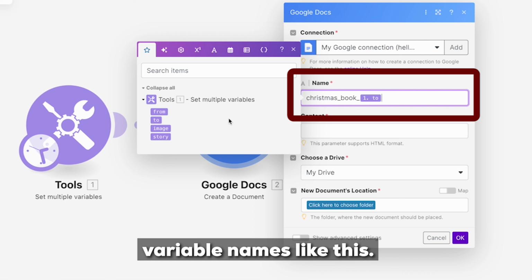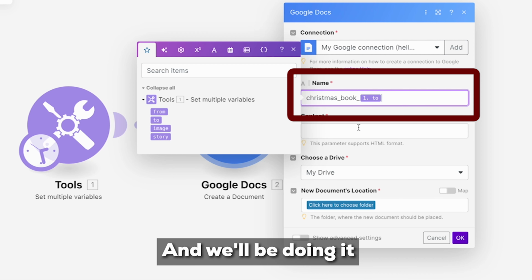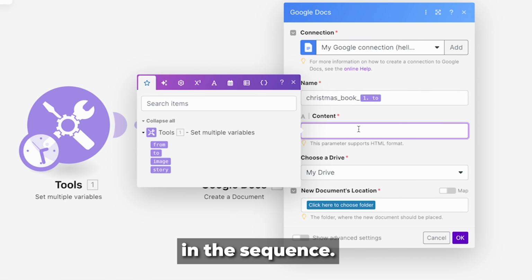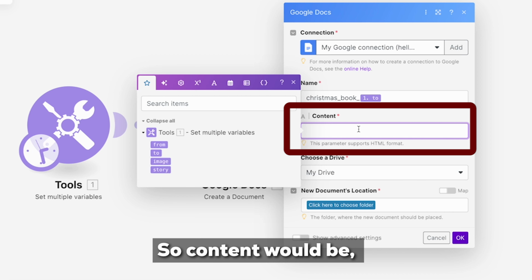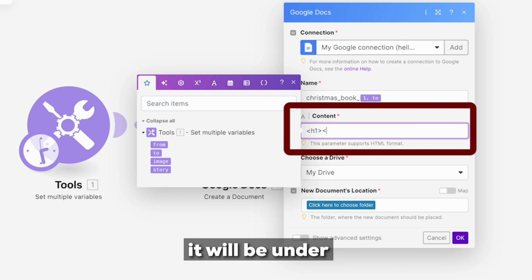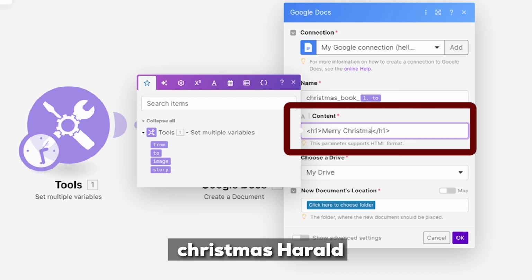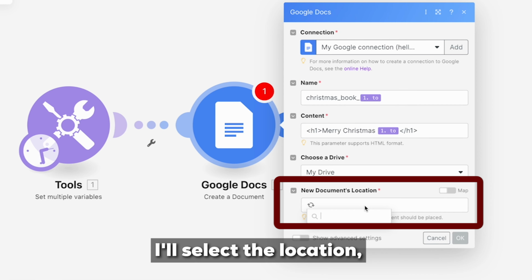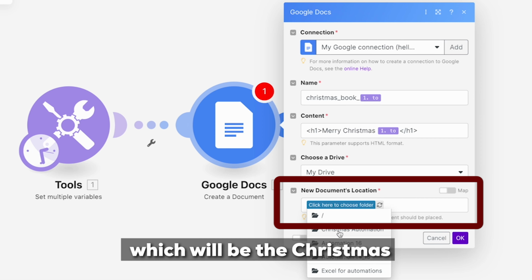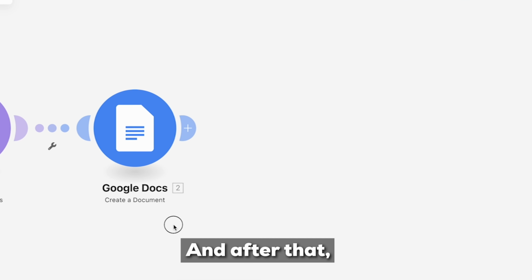You can use the variable names like this, and we'll be doing it a couple of times in the sequence. The content would be, let's say, under an h1 tag, Merry Christmas Harold. And then I'll select the location, which will be the Christmas automation directory. And after that,